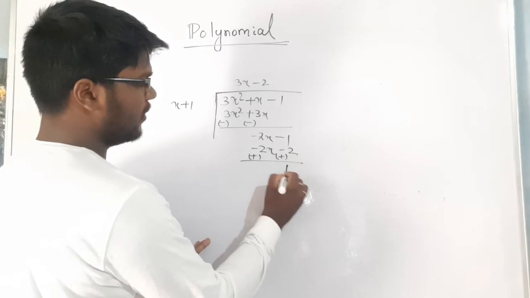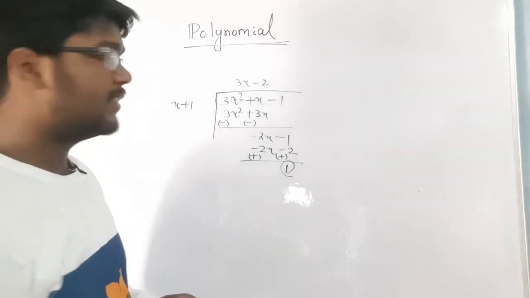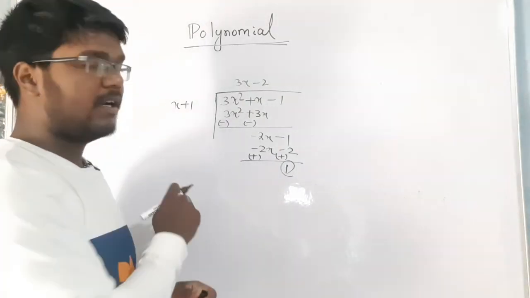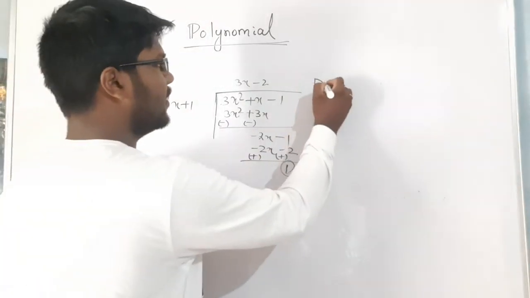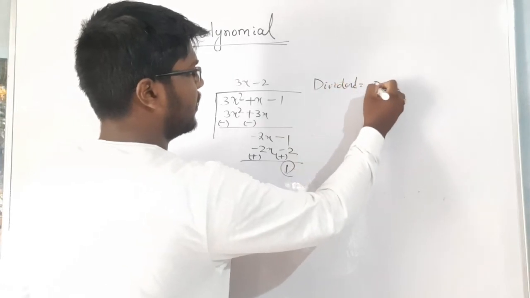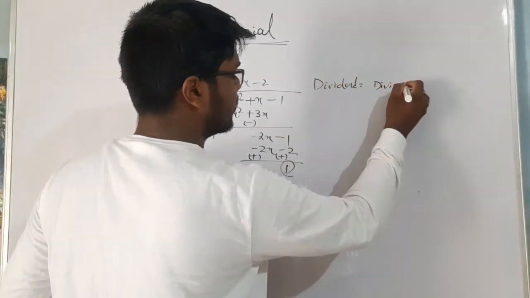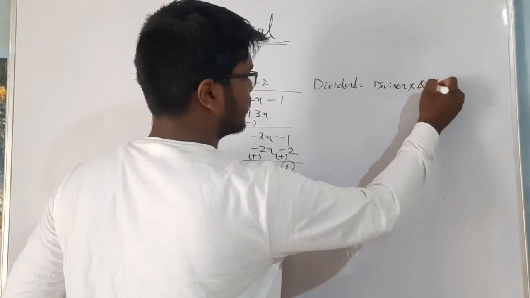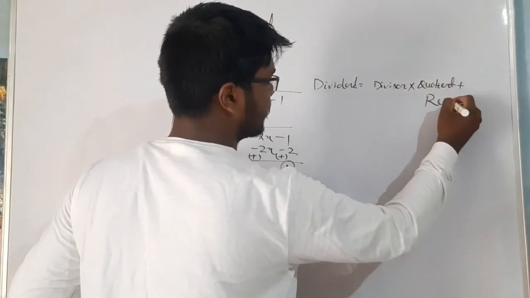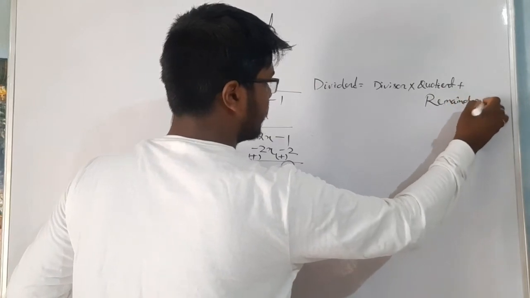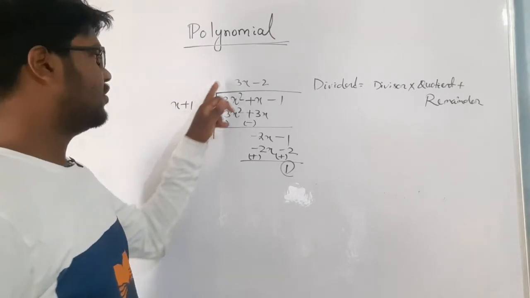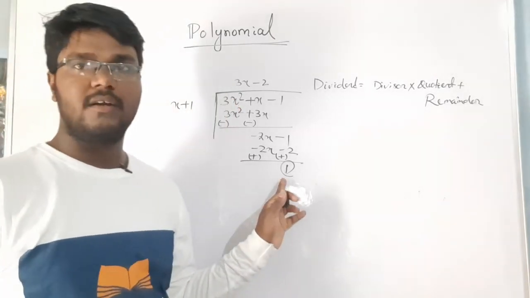So here the remainder is 1, and this is the quotient, this is the dividend, this is the divisor, and you know dividend is equal to divisor into quotient plus remainder. So now you see, dividend is equal to divisor into quotient plus remainder. From this,